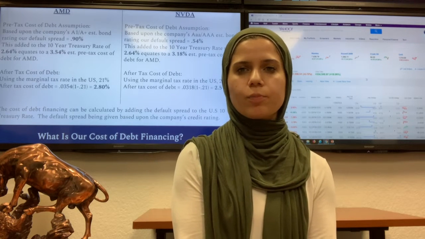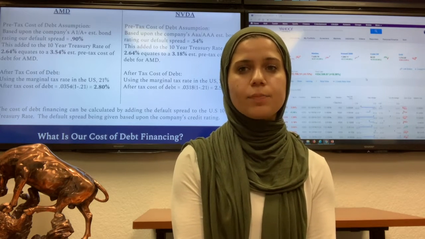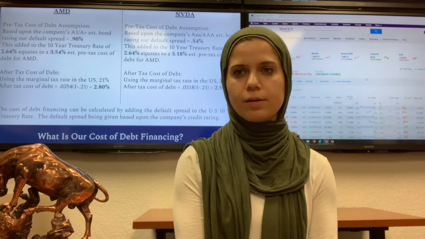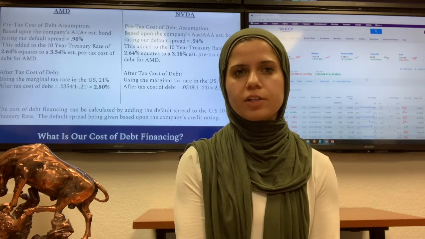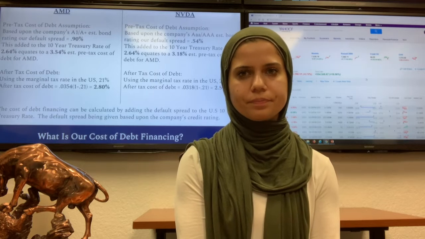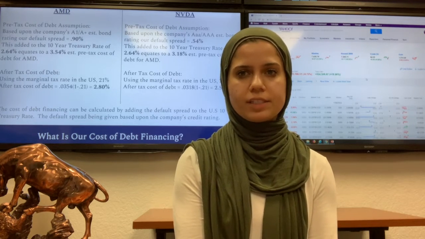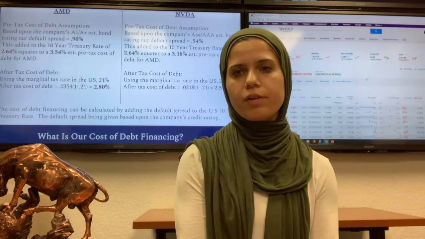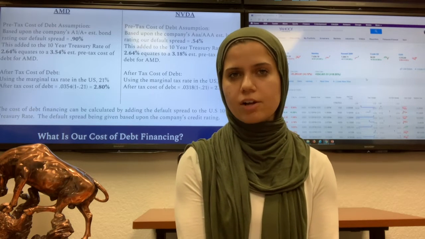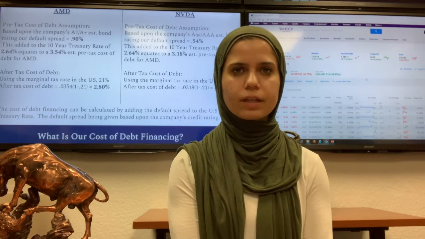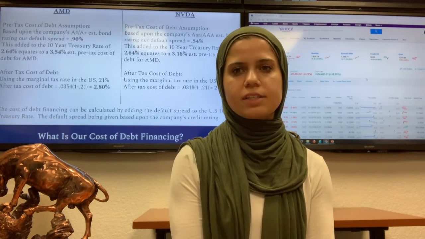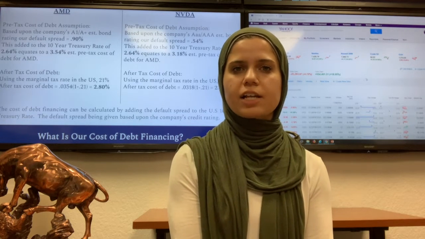For AMD, our pre-tax cost of debt assumption is based off the company's A+ rated bond, which puts our default spread at 0.9%. This is added to the 10-year treasury rate of 2.64%, which equates to a 3.54% pre-tax cost of debt for AMD. As for our after-tax cost of debt, we use the marginal tax rate in the US